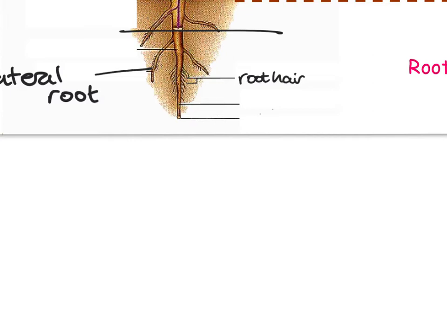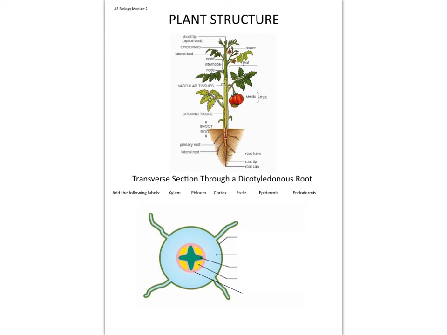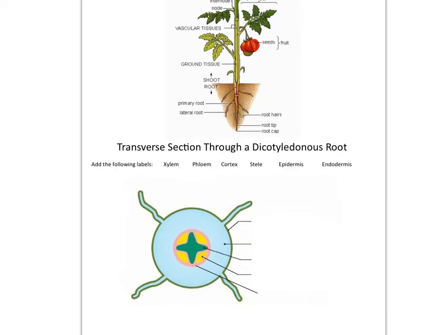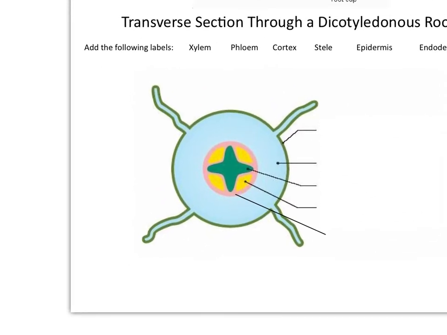And actually what happens is we get little bundles of vascular tissue in the stem. All right, so this kind of